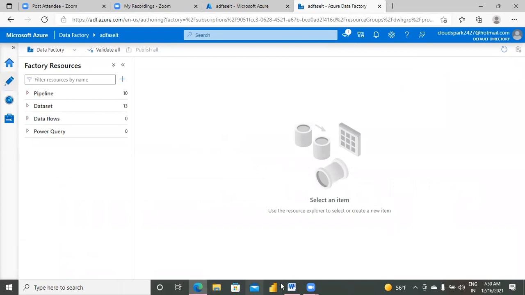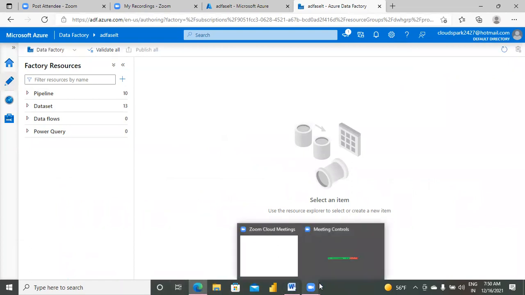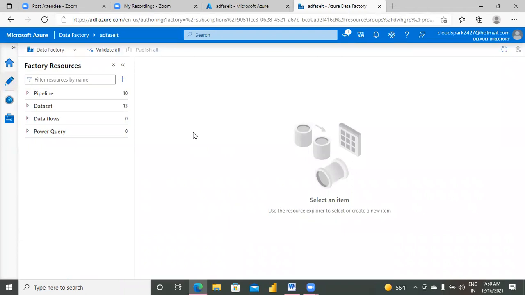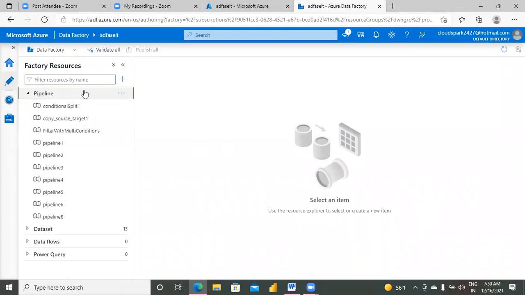Today I'm going to explain about the if-else activity. The conditional split can be done through if-else and also with the filter. You have already seen the same process with the filter; how to do it with the if-else, we'll see. I'm going to create a fresh pipeline.